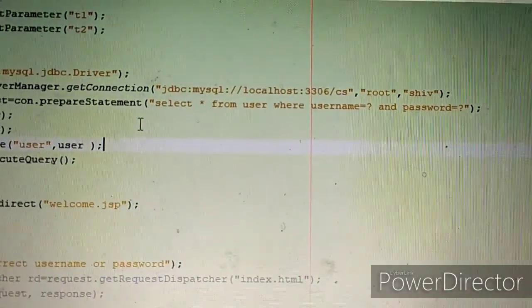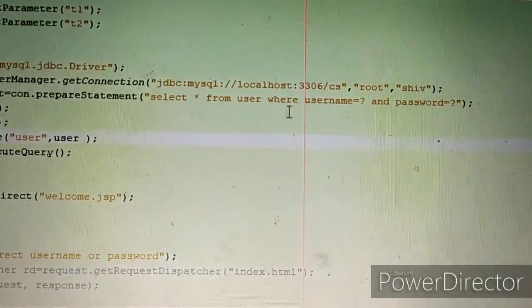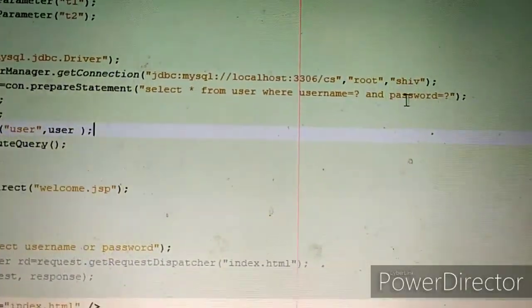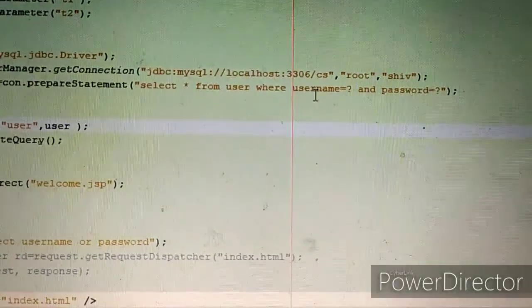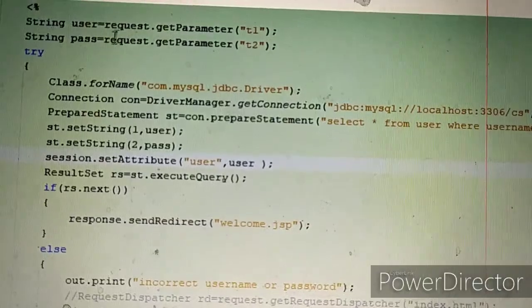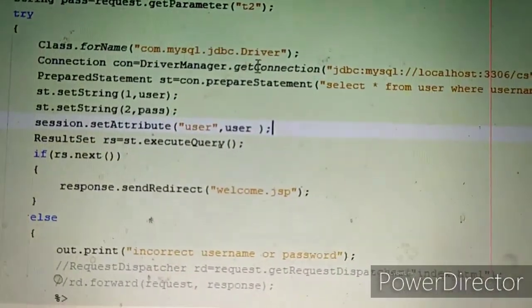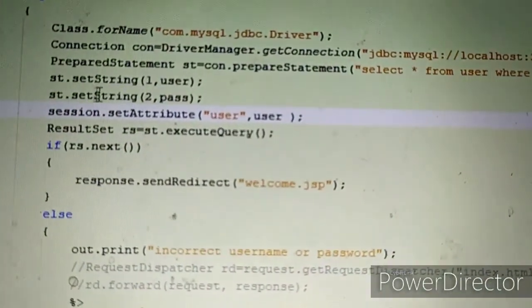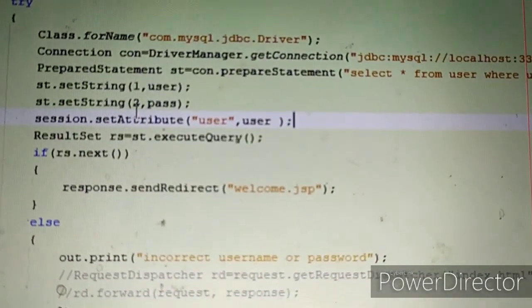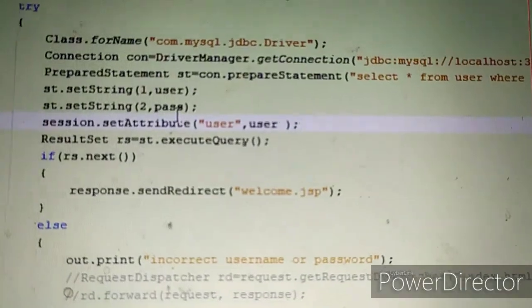Then we have used the select query: select star from user where username is equal to question mark and password is equal to question mark. The values of these question marks we have already read in the user and password variables respectively. The first question mark value is user, the second is password.